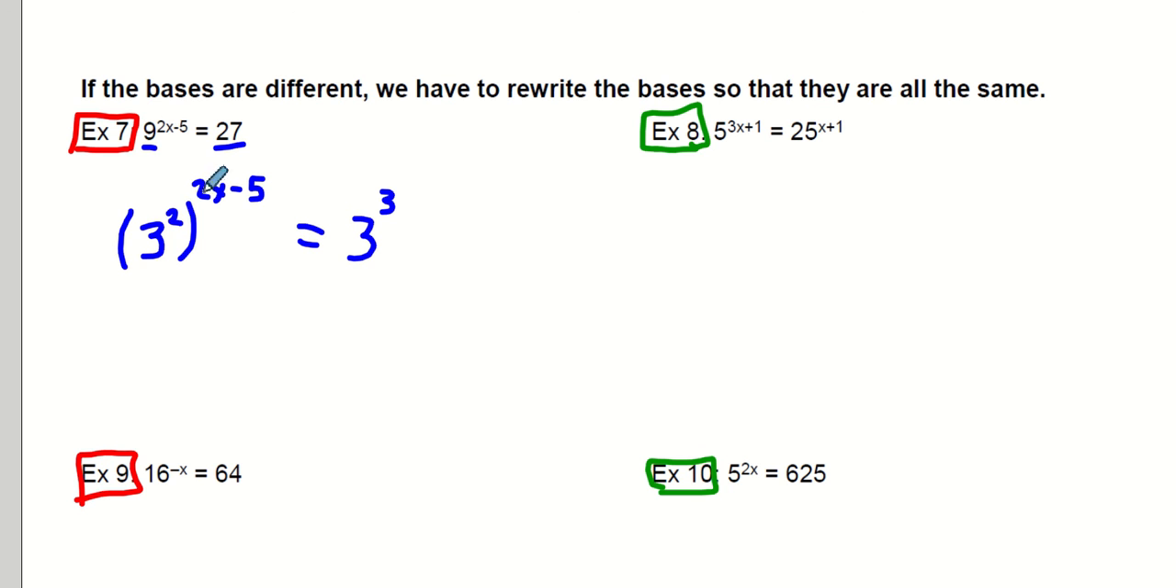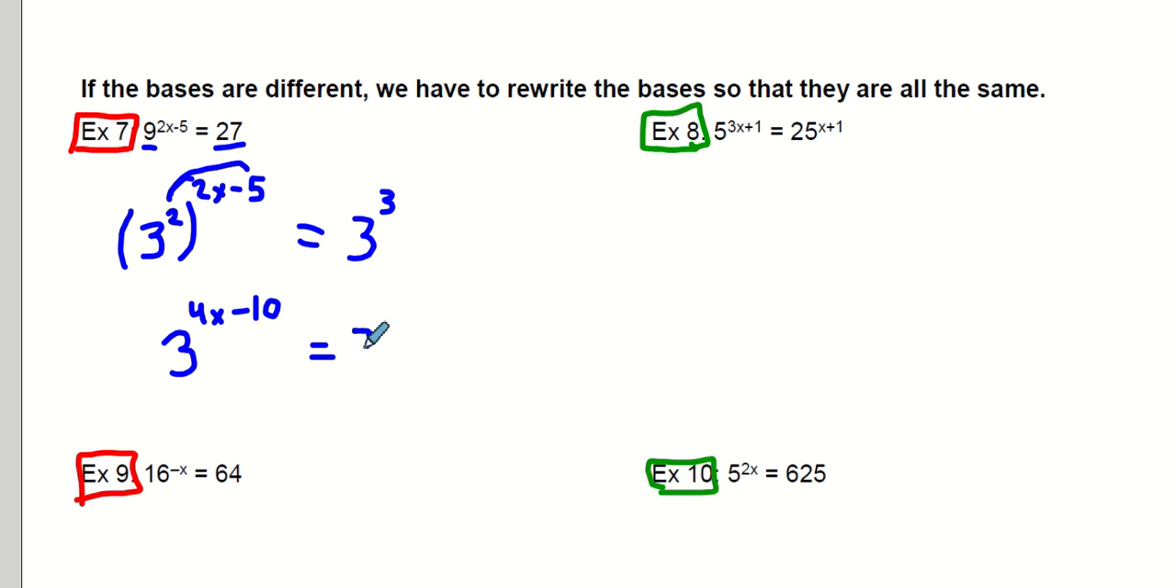So here, we're still not finished. Notice I rewrote 9 to the 2x minus 5 power as 3 squared, because 3 squared is 9, to the 2x minus 5 power. Now, when you have a power to a power, you need to multiply the 2 times the 2x minus 5. So you need to multiply the 2 by both of those. So it'd be 3 to the 4x minus 10. Notice that 2 multiplied by both the 2x and the 5